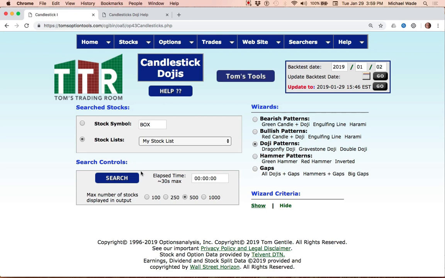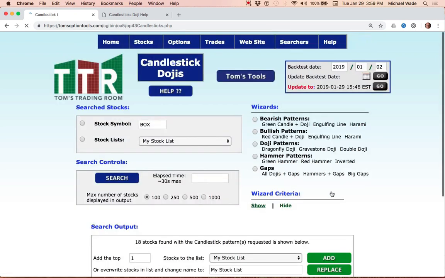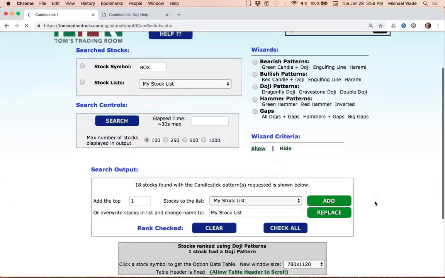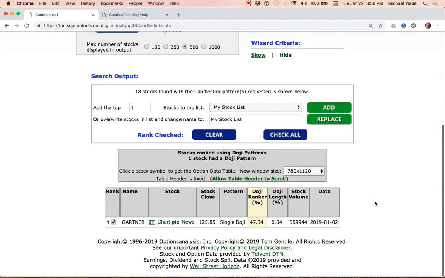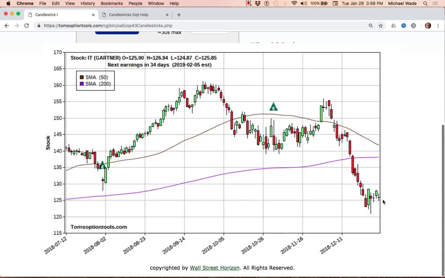I click my search button, and only one comes back. And now that's a good thing. Well, more opportunities is good, but really it's perfectly fine for us to find one trade. So this particular stock, Gartner, IT is the symbol. We've got the chart, the picture, the news, various other information here. If I click the pick button, it'll pop me right into the chart,